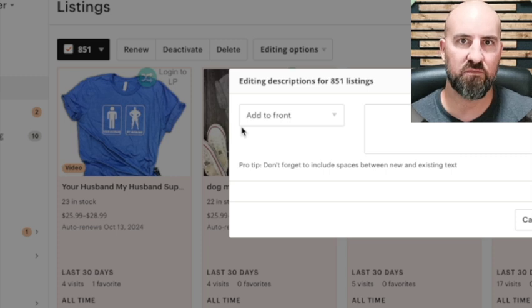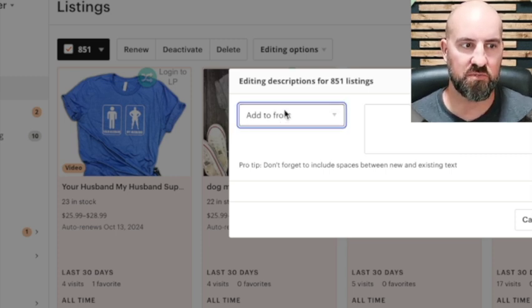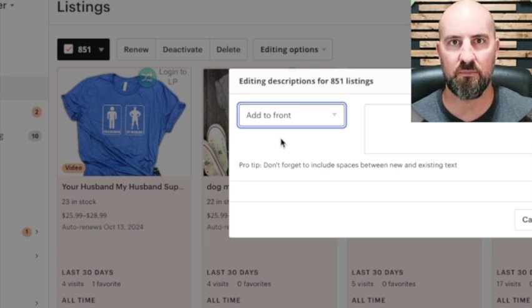Descriptions, you'll probably use it for the most because you can add something to the front of your description, the end. You can find and replace if you have a specific line in there you want to take out and replace it with something else. You can delete a specific line. You have to write the exact thing that you want deleted and take it out, or you can reset your